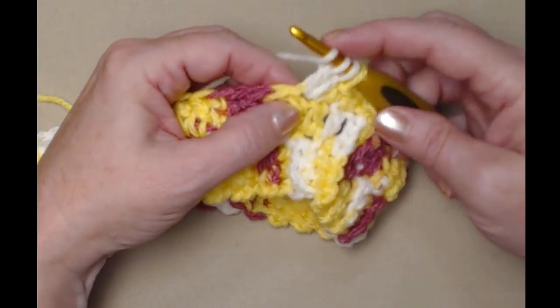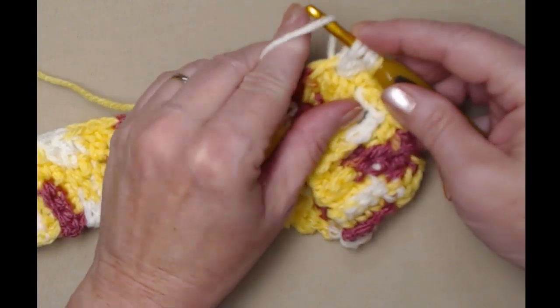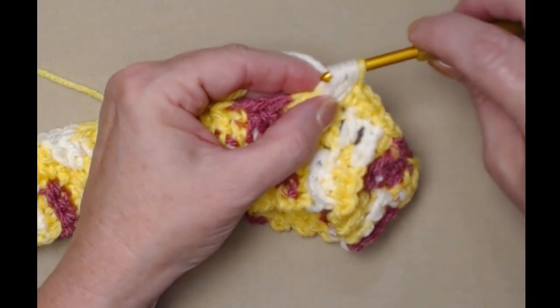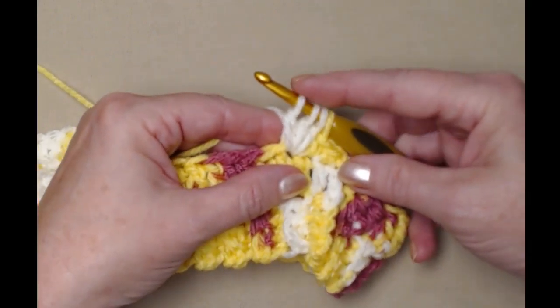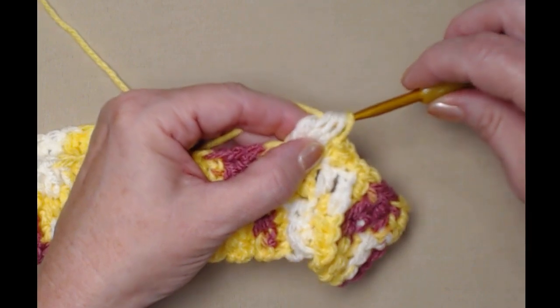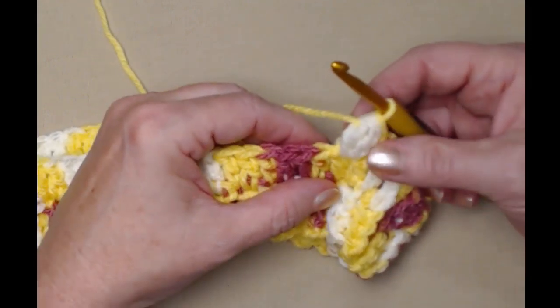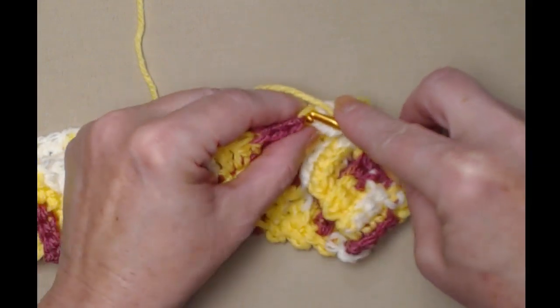Yarn over, go in that same stitch and pull up another loop. Yarn over, only go through the first 2, and now we have 4 loops on our hook. Yarn over and go through all 4 of those loops. And what I do is I sort of push it forward, and then I go to the next stitch, and